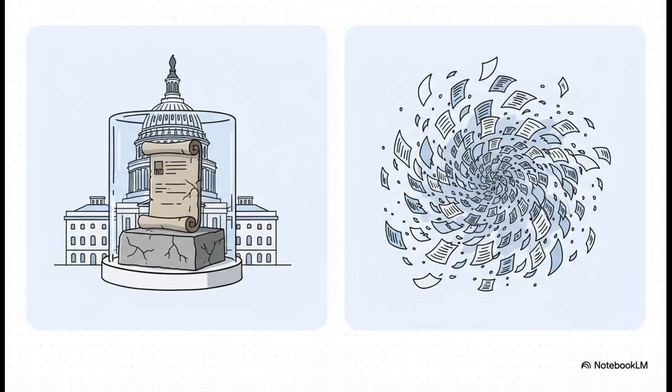And get this. This comparison just blows my mind. It shows such a fundamental difference between the federal government and the states. The U.S. Constitution is like stone. It is incredibly hard to change. But state constitutions, they're more like living documents. Alabama has amended its constitution over 700 times. 700! That just shows you how much more flexible and adaptable states can be.